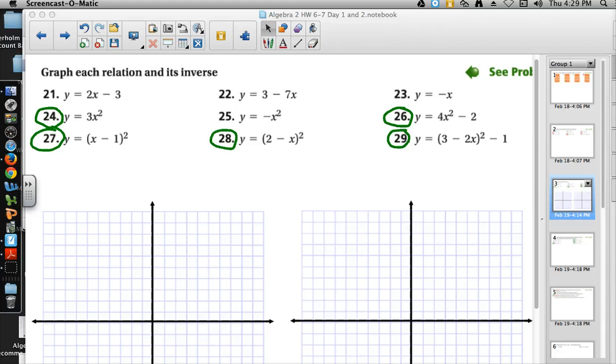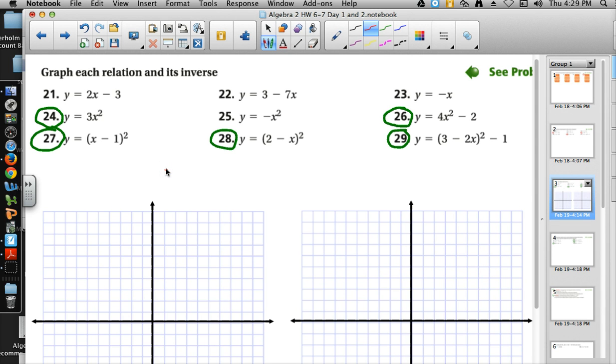I'm going to start with number 24 here where it says graph each relation and its inverse. So what we want to do is, of course, graph the original. Then we want to find the inverse and figure out how to graph that. So for 24 we have y equals 3x squared, and that is the parent function that we would graph